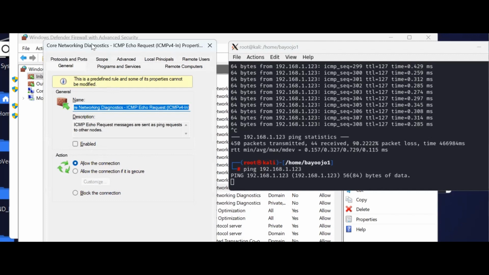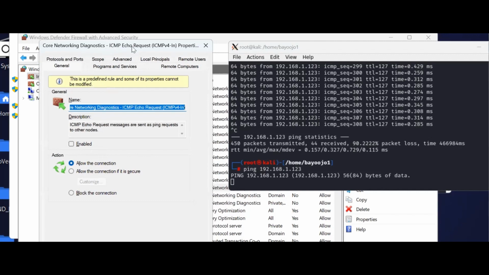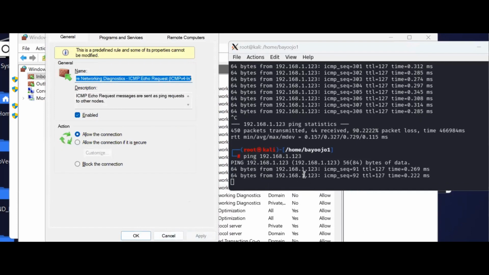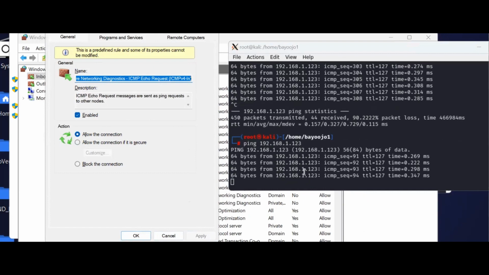Now, this is ICMP echo request for IP version 4 for public and private. Now, it's not enabled. As we can see, there's no request here. The ping is still being dropped by Windows Defender. Let's enable this and see what happens. And then enable and click on apply. Immediately, you can see the request is coming,